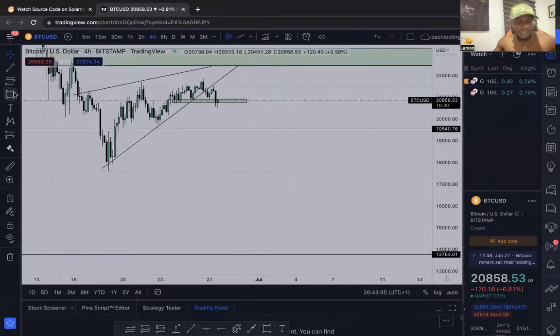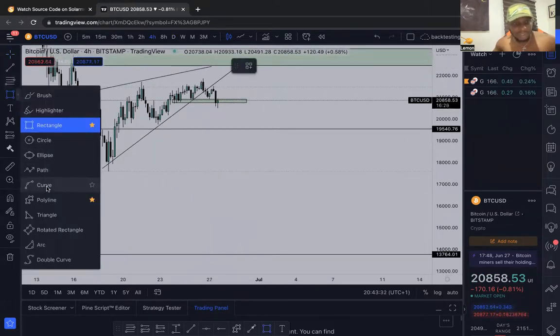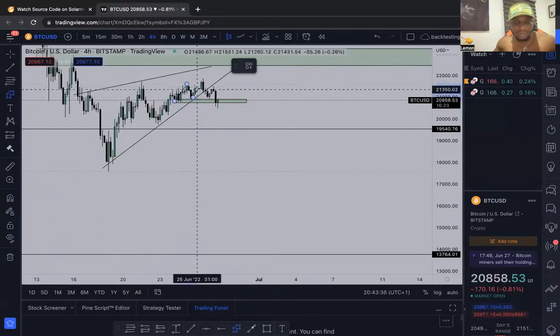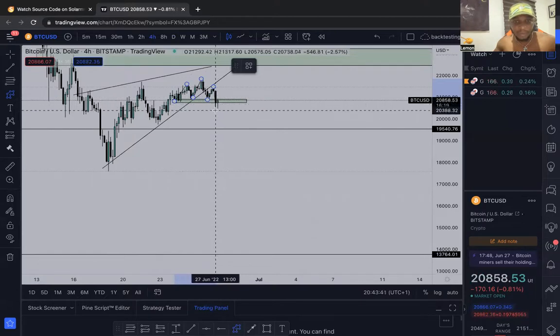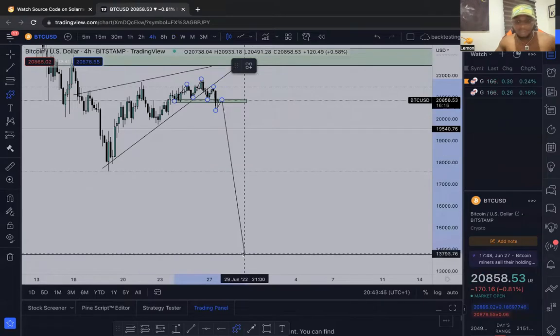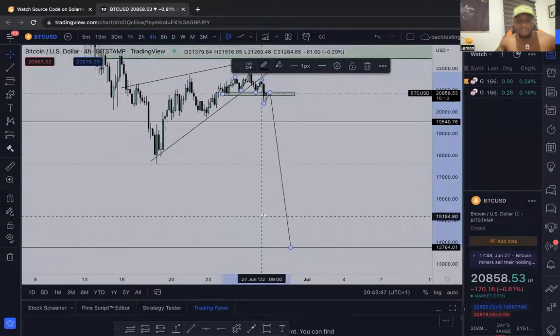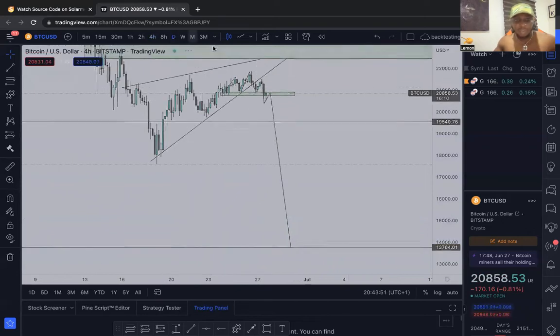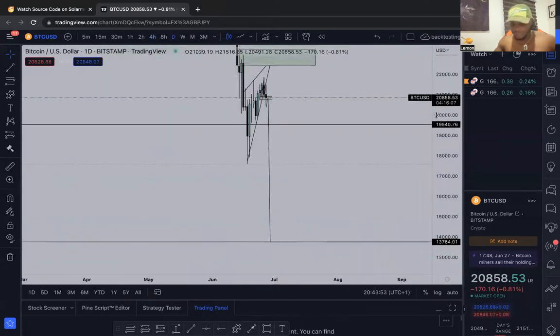So we're definitely seeing the head and shoulder pattern at this zone. Left shoulder, head, right shoulder. If we break, we come back to retest before we see that splurge down to 13K first. The reason why I say 13K first, let me show you why. If we start falling,